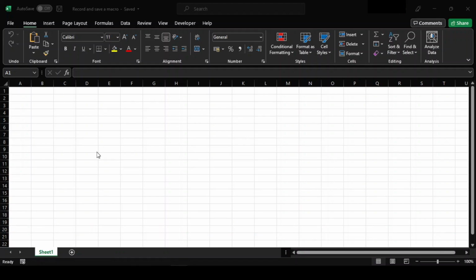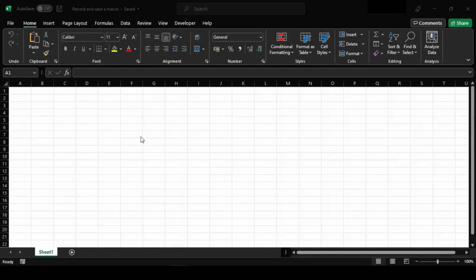Recording a macro will record all the actions we do in this sheet. If we make font bold, underline or italic, or we work with data and sort it, filter it, or convert a range to an Excel table and so on, whatever we do in this sheet while recording a macro will record all the steps in the form of VBA script. Now, before we start, we need to understand and follow a few basic things.